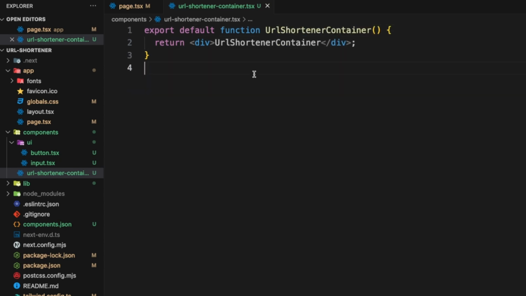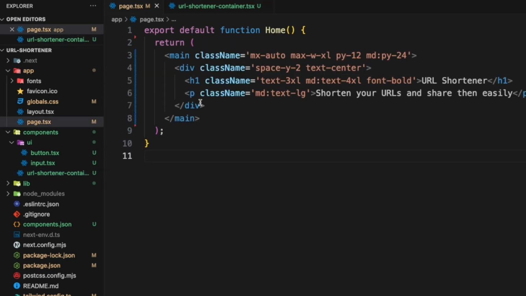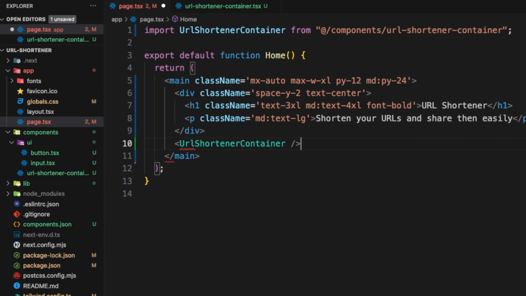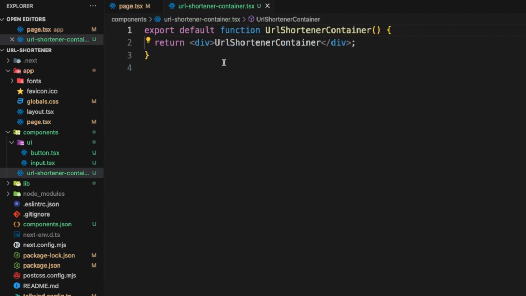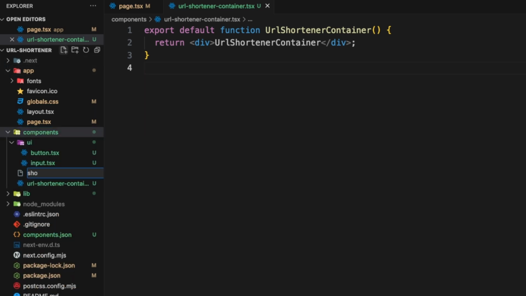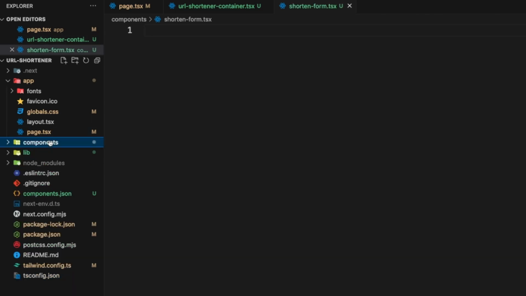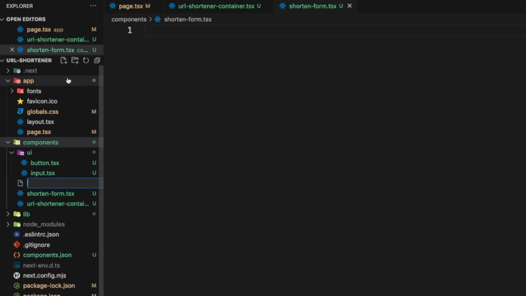So we are going to render this container on the page right here. So we can say URL Shortener container. So inside this component, we are going to create two components basically, which is shorten form. So let's do that inside the component folder. We're going to do shorten form, shorten form.tsx. And also we are going to create another thing, which is URL list,